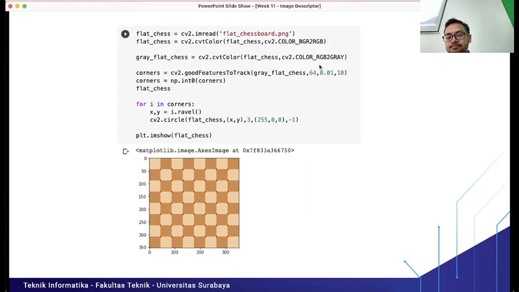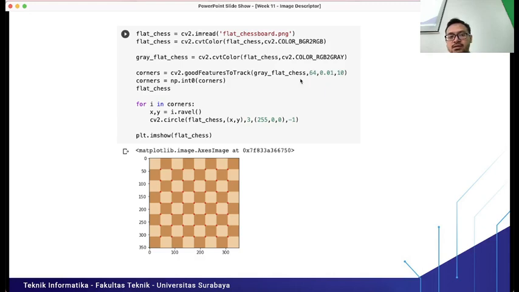0.01 is the quality level, from 0 to 1. If the quality of a corner is above 0.01, then we will get that feature. 10 represents the minimum Euclidean distance between corners.